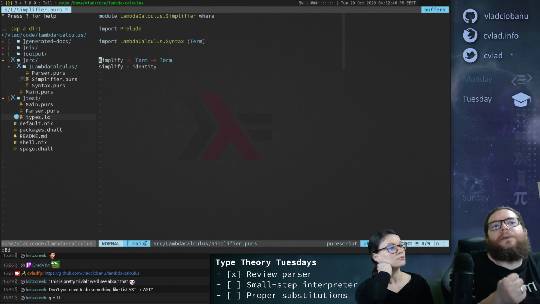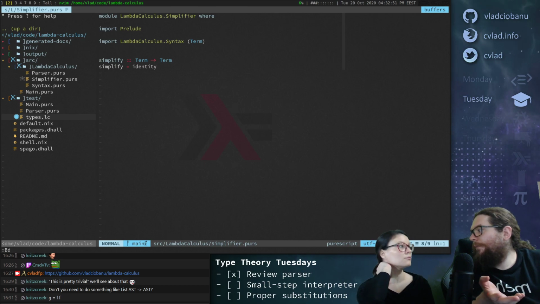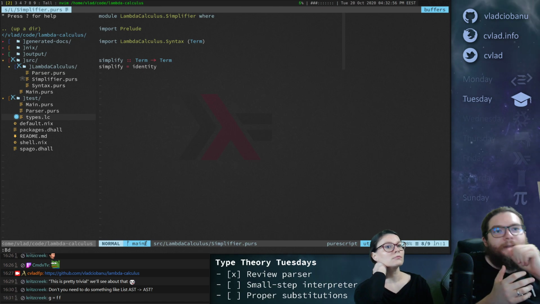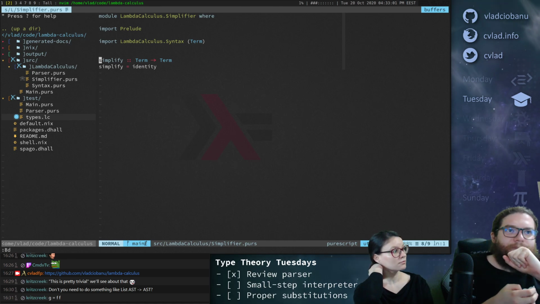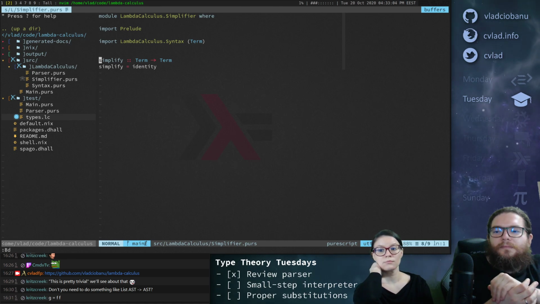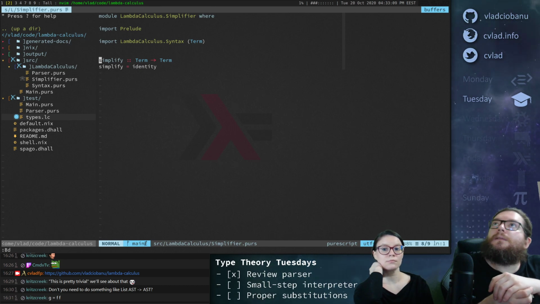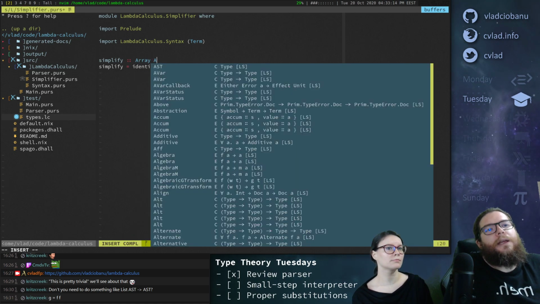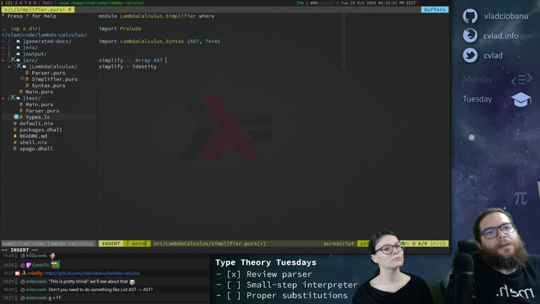Because what I was saying earlier is we're not really writing an interpreter, we're kind of writing a simplifier actually, right? Or evaluator simplifier, something like that, right? I named it simplifier. And they're saying, okay, the main function is term to term, but actually we want, Christoph is right, we kind of want list AST to, well, no. I think what we want is an array AST to, and wait, is array primitive?